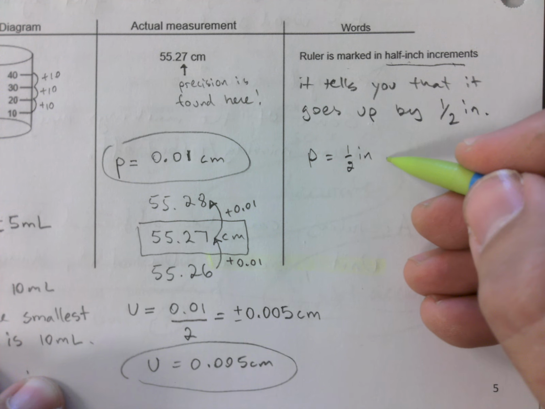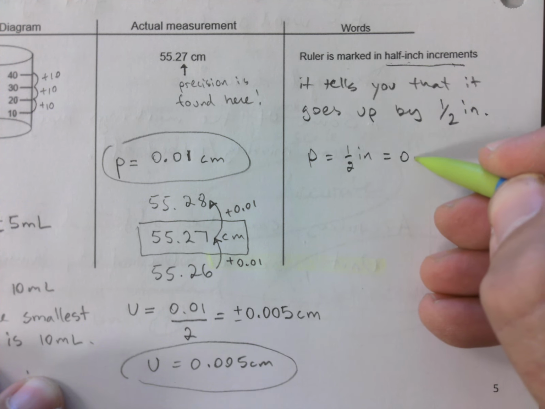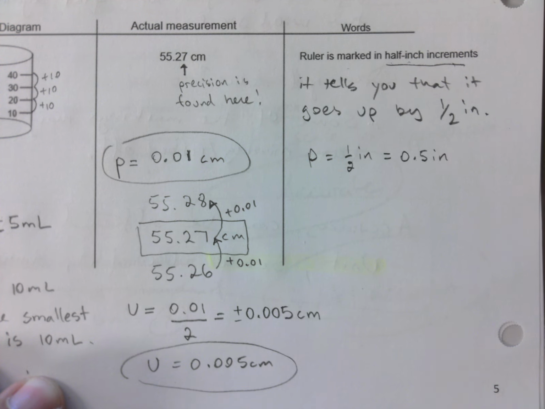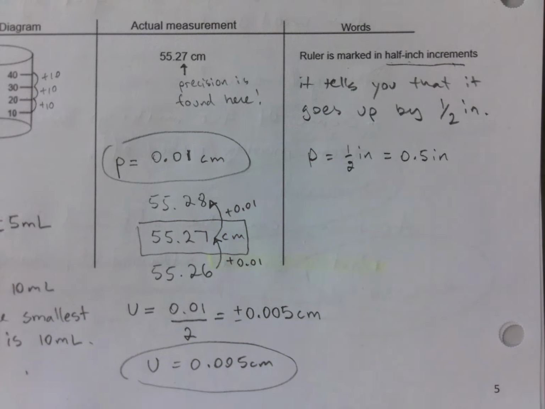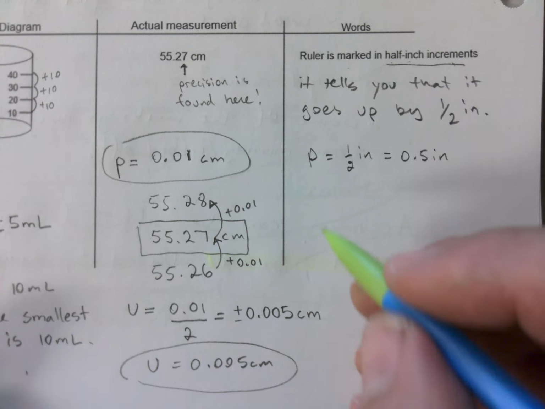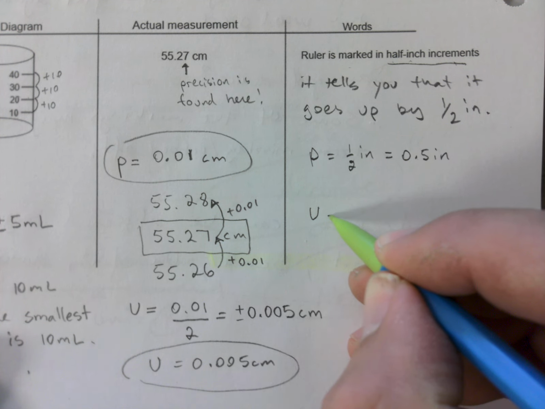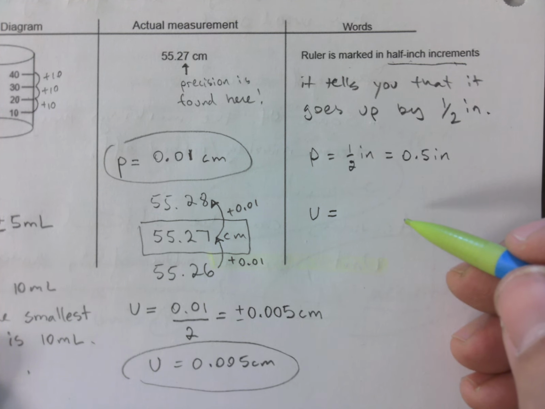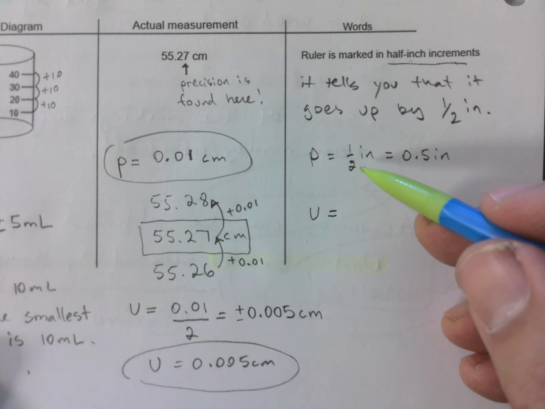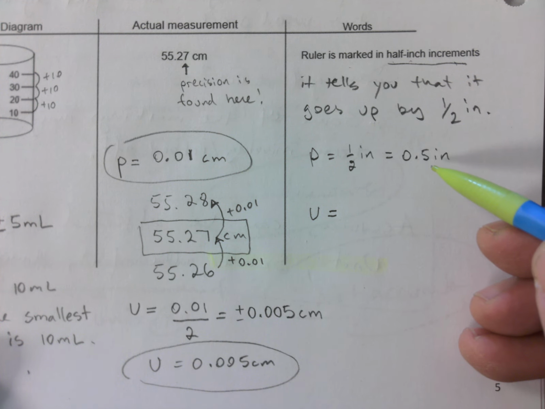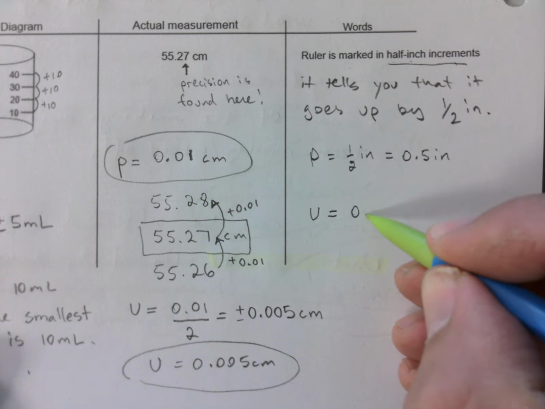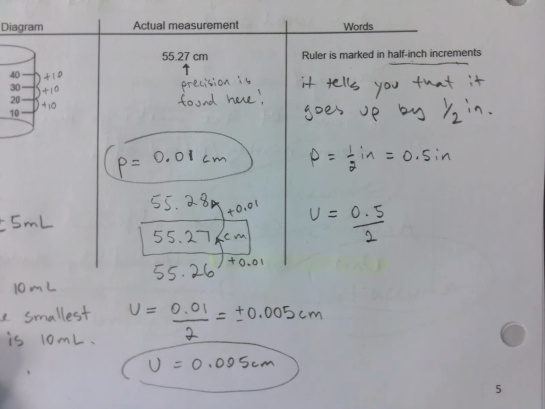Uh-oh, I don't like fractions, Mr. Dirksen. Okay, here we go. You're okay doing that. You decide. Half an inch as a fraction, 0.5 as a decimal. That's fine. What's the uncertainty? Divided by 2. Do we want to take the fraction divided by 2 or the decimal divided by 2? I like the decimal more. There we go. And that is